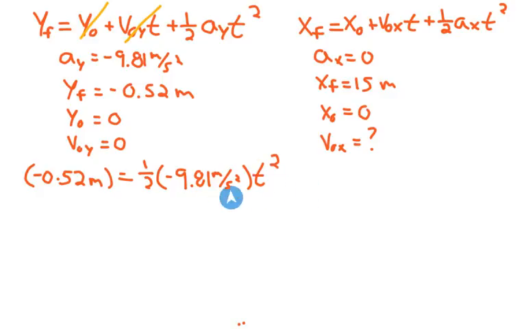Now you may be saying at this point, why the heck did I do that? Because the only thing that I can solve for using this equation is the time. That's because we need the time to plug into the other kinematic equation to solve for my initial velocity. So just hitting this with an algebra stick, I'm not going to walk through all the details of how to solve for this because I think you guys can do it at this point. Just rearranging this equation and solving for t, what you find is that the time is equal to approximately